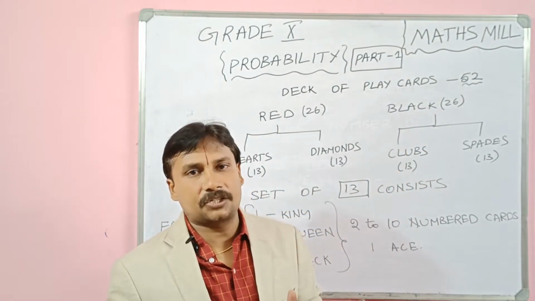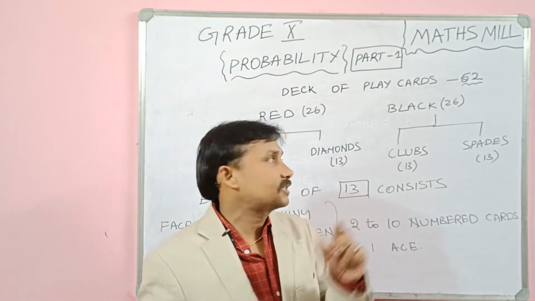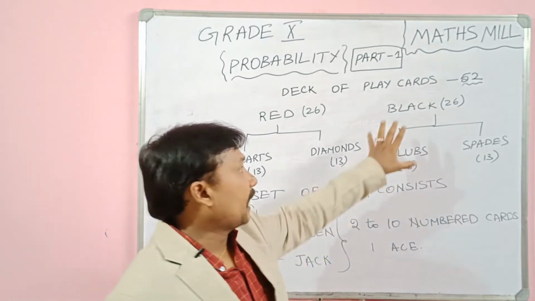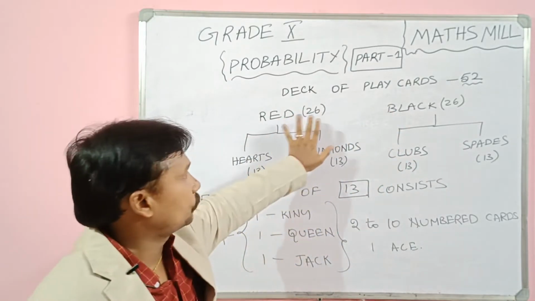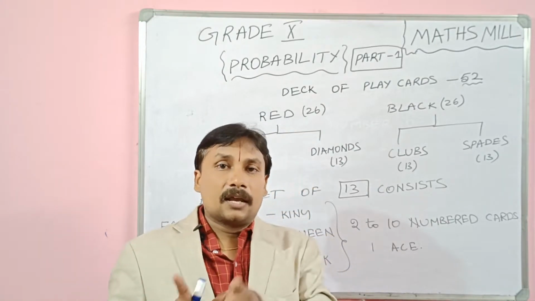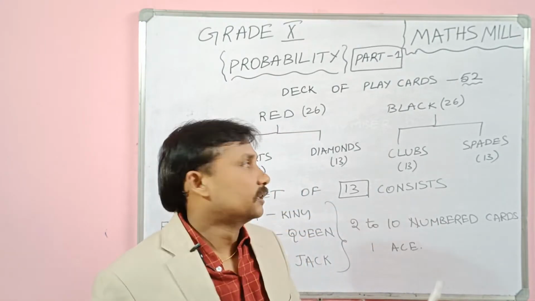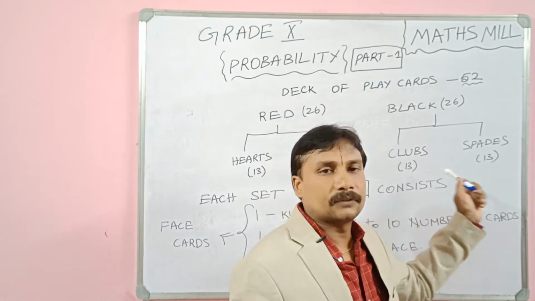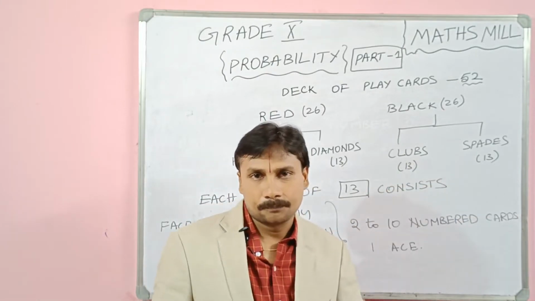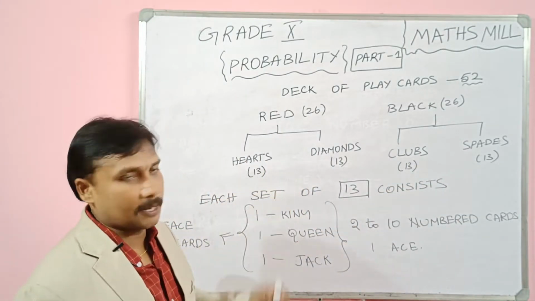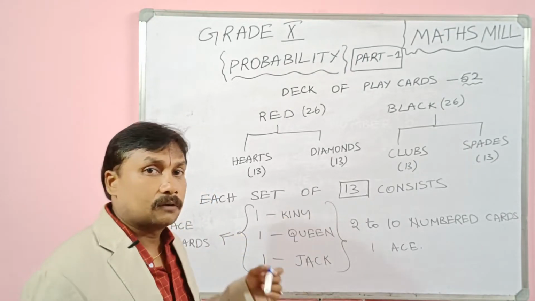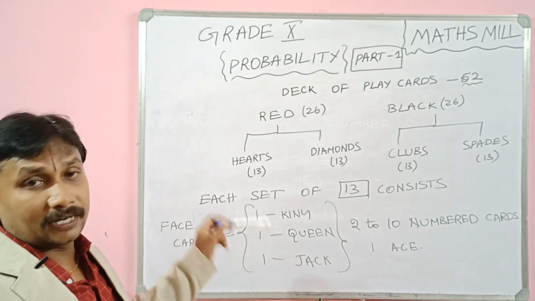So what is the segregation? The first segregation is black and red. Black 26, red 26, total 52. Again, in the black there are 2 segments, and in the red also 2 segments. The 26 will be divided into 13 and 13. Those 2 black are clubs and spades. Reds are hearts and diamonds. Hope you understood. So first, it is red 26,